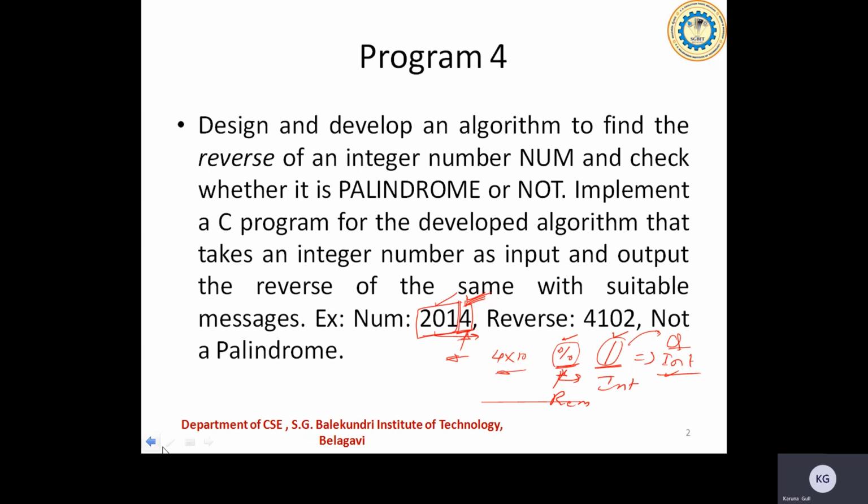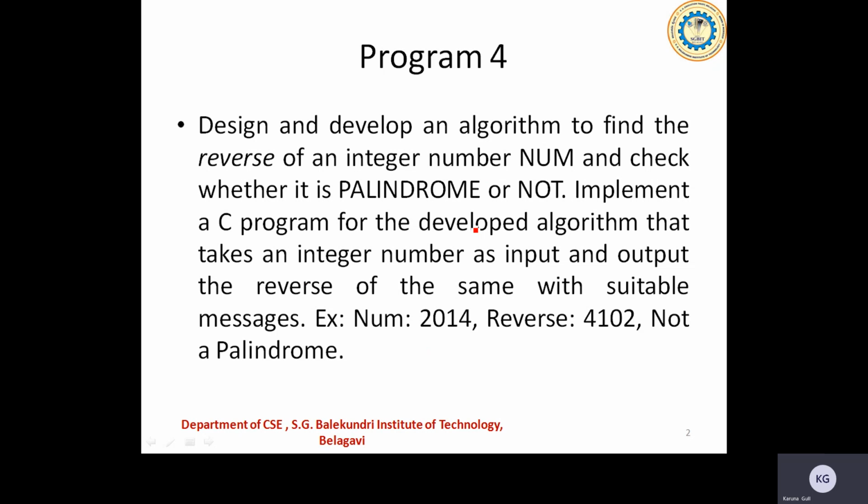Now I'll be repeating this until the whole number is done. I'll take up all the digits of this given number and proceed, which means until I get the number as 0. When the quotient becomes 0, then I'll come out of the loop. This is what we follow in finding the reverse of a given number. Afterwards, the reverse number will be cross verified with the given number. So this is the basis behind this.